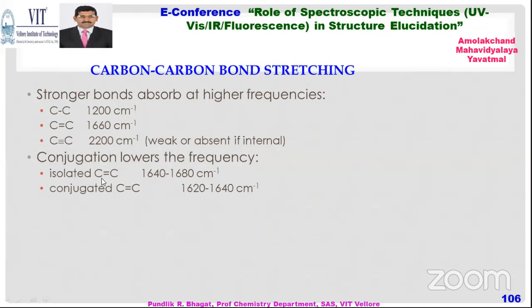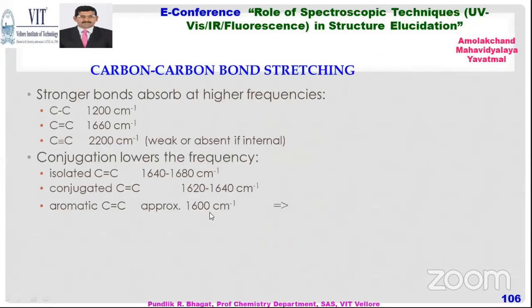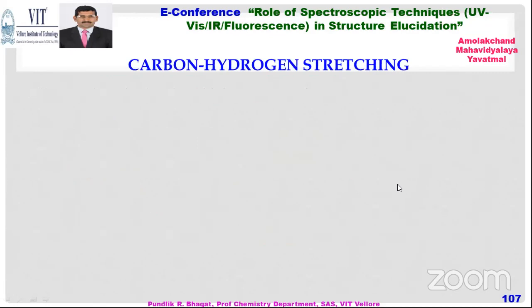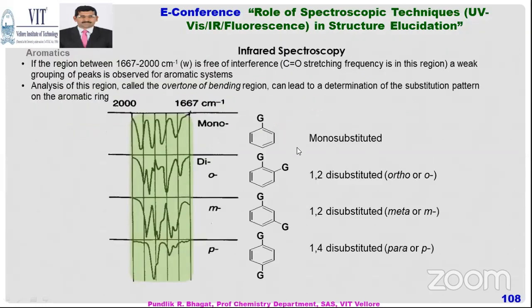And another point, which is shown here: if it is conjugated, then it will reduce. See, it is reduced from 1640 to 1680, it has been reduced by 20 to 40. And the aromatic carbon-carbon bond comes around 1600. Similarly, as I explained to you, if the s character is increasing, see here, sp3, sp2 and sp, the frequency will increase and it will absorb at a higher frequency. Here, as I told you, if the aromatic compound is monosubstituted, it will give